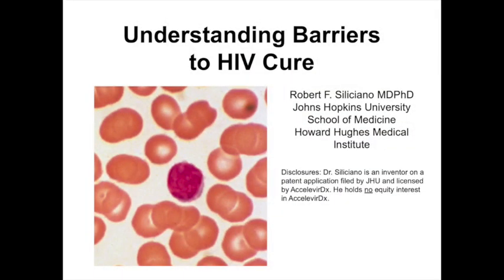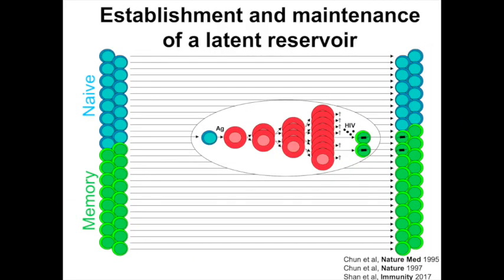So the best understood barrier to curing HIV infection is a latent reservoir in resting CD4 cells. And we think this is established when, on rare occasions, activated cells become infected just as they're transitioning back to a resting memory state. And in resting cells, key host transcription factors required for HIV gene expression, such as